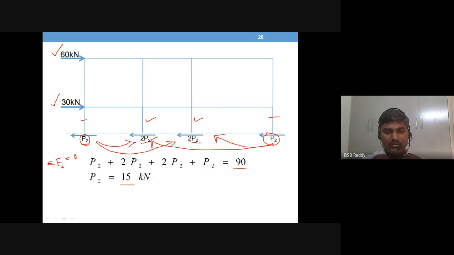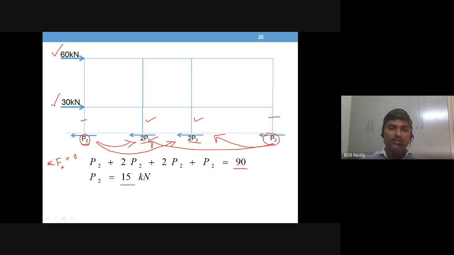Among those, exterior column shears are the same, interior column shears are the same. So each story you have two values. There are three stories, so 6 values. Though there are 12 columns, you will have only 6 values, because exterior column values are the same and interior column